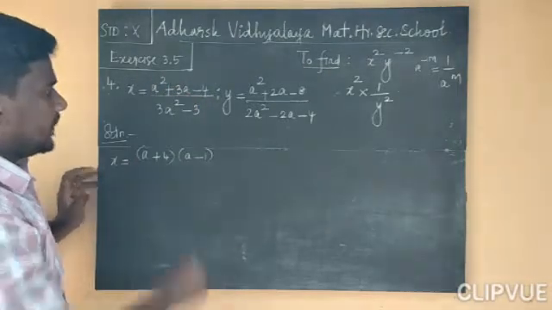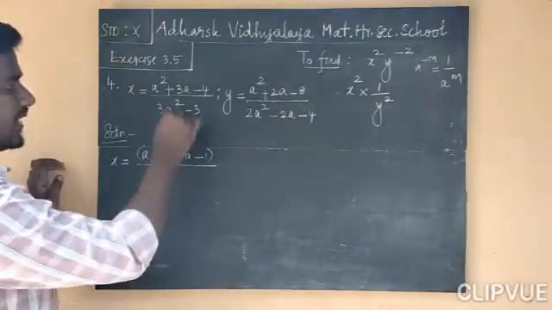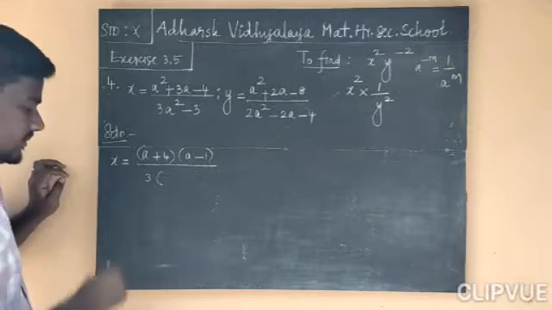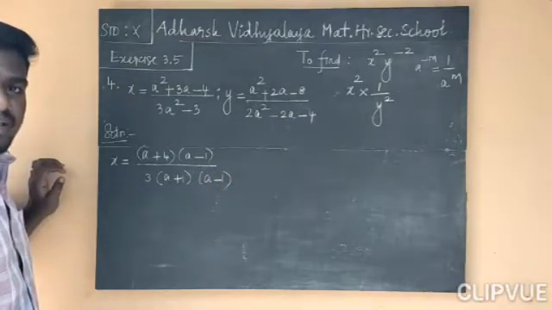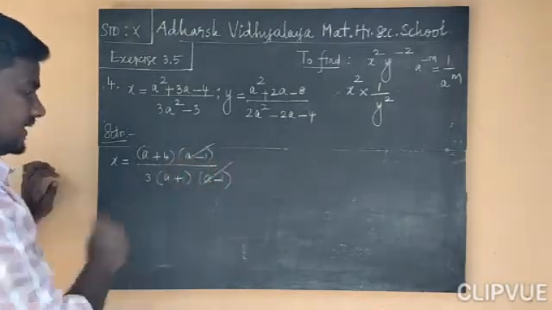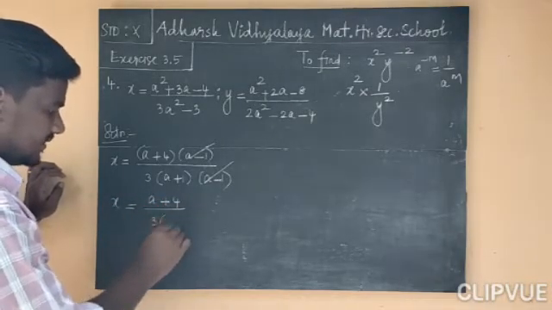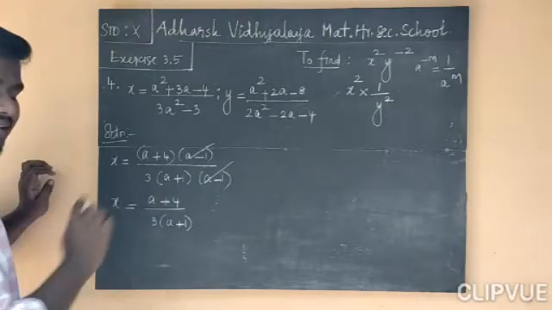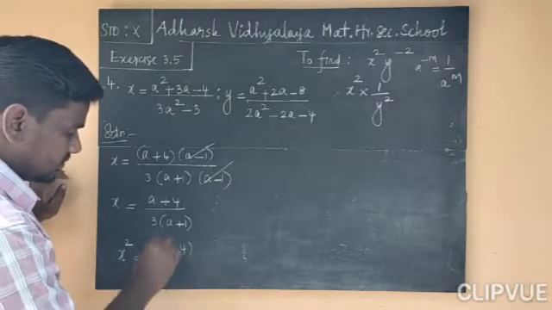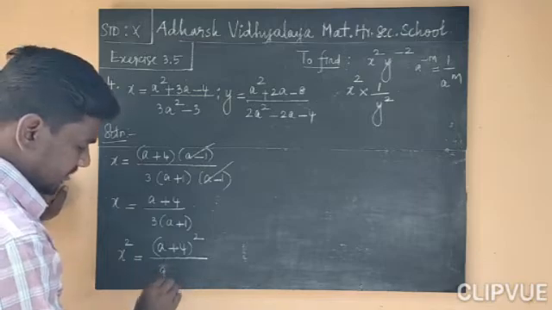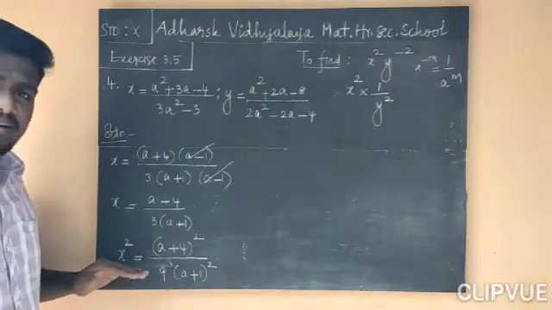Same concept. This one, 3 is the common factor. We can take that out. So what do we have? A square minus 1. A square minus 1 means a plus 1 into a minus 1. This a minus 1, this a minus 1 cancel. So x is equal to a plus 4 divided by 3 into a plus 1. This is x value. So what about x square? X square is equal to a plus 4 whole square divided by 3 square value 9 into a plus 1 whole square. So x square result we found it.